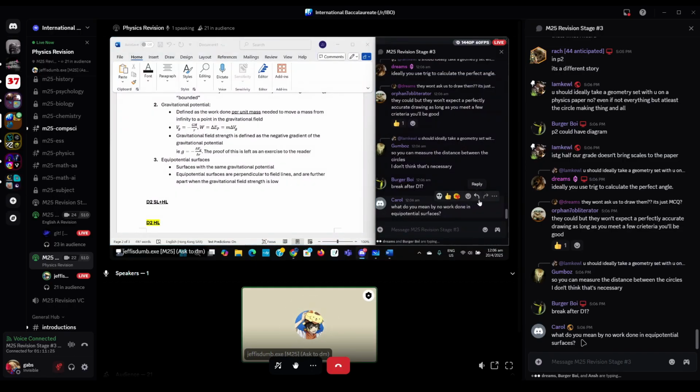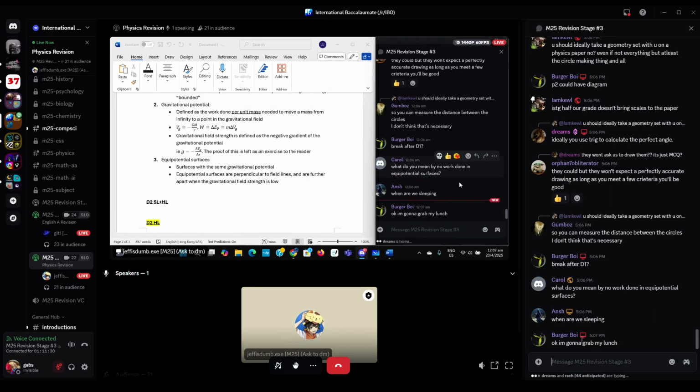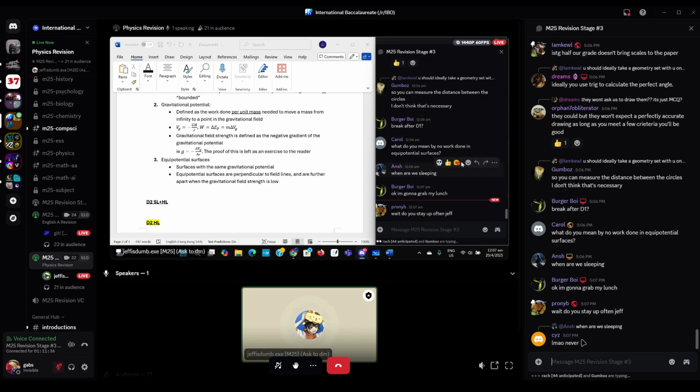Because when you're on an equipotential surface, the energy is the same. So the gravitational potential energy will then be the same. So when you move across an equipotential surface, there won't